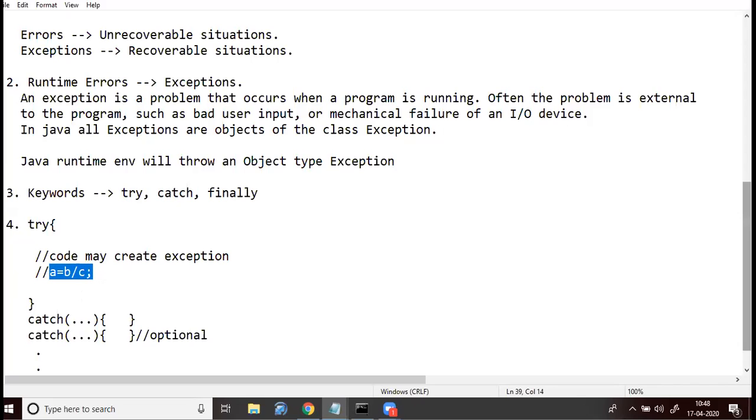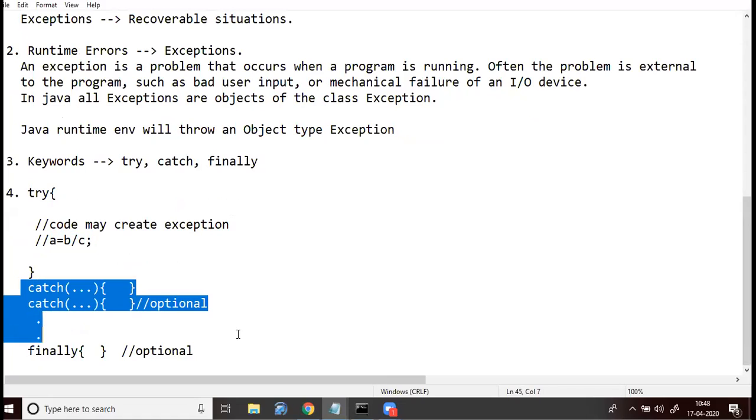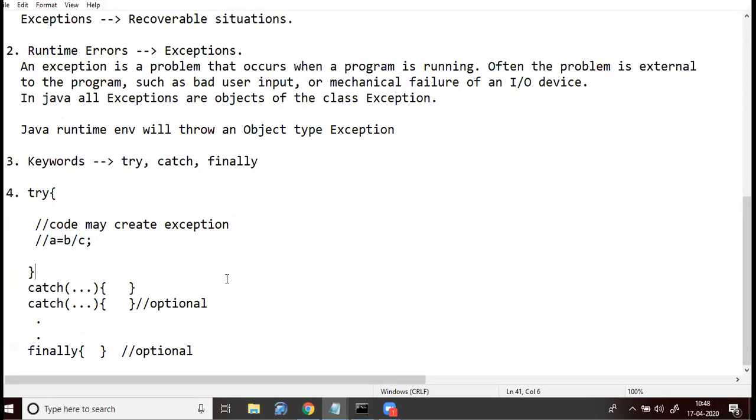Now the try block will be followed by one or more catch blocks. The try block should have minimum one catch block, but it can also have more than one catch block.